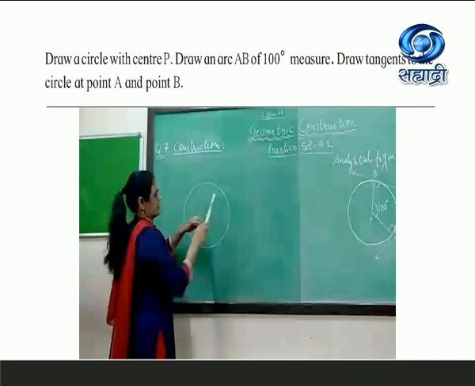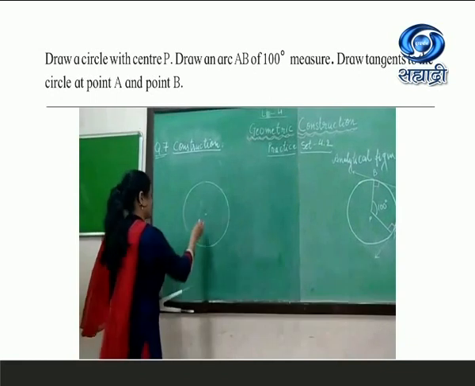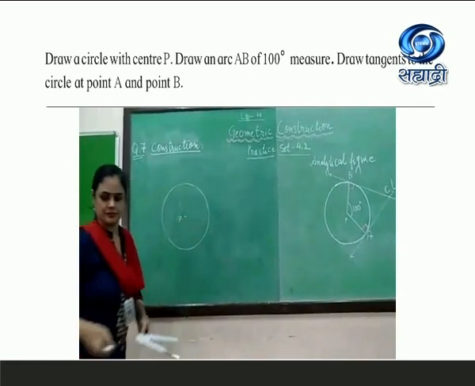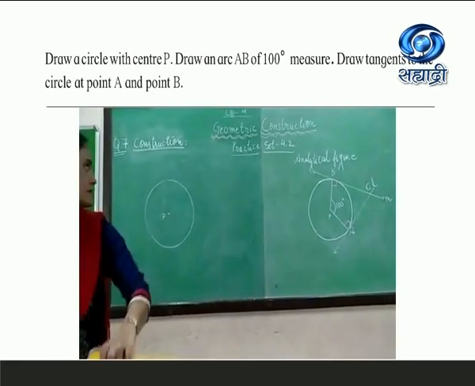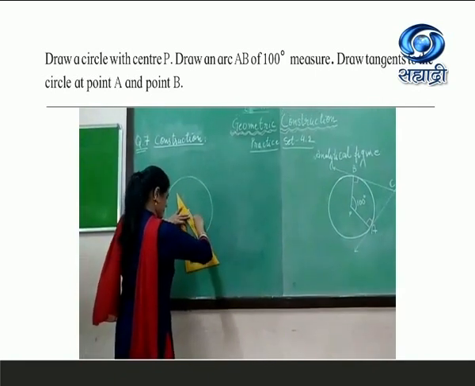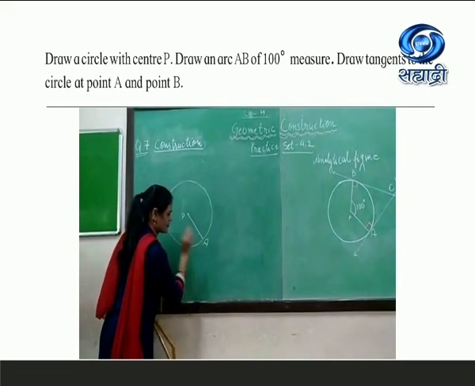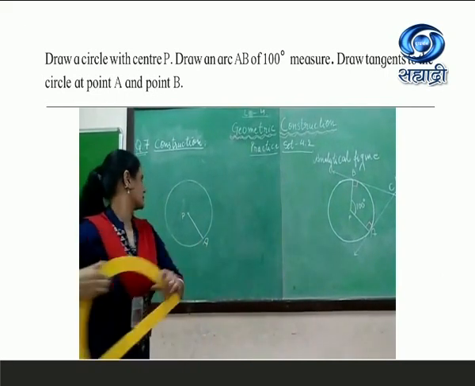think what is that, which is equal to the central angle. Again, lesson number 2, you should remember, the arc is equal to the central angle. So the central angle, whichever you draw, should be 100 degrees so that you get this construction properly. Then only you will get arc AB as 100.